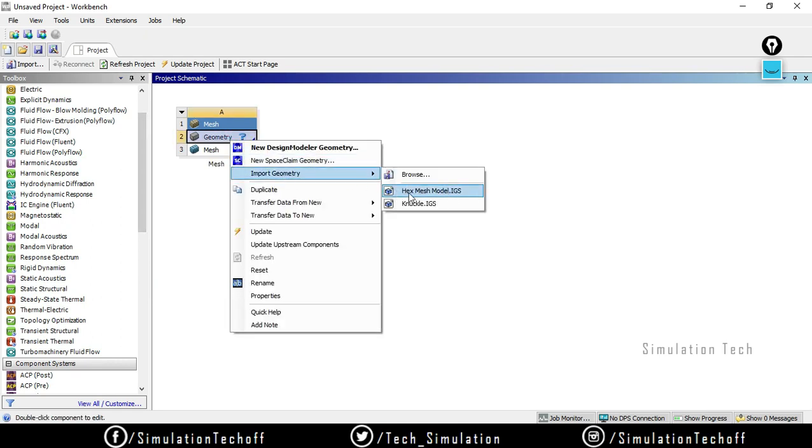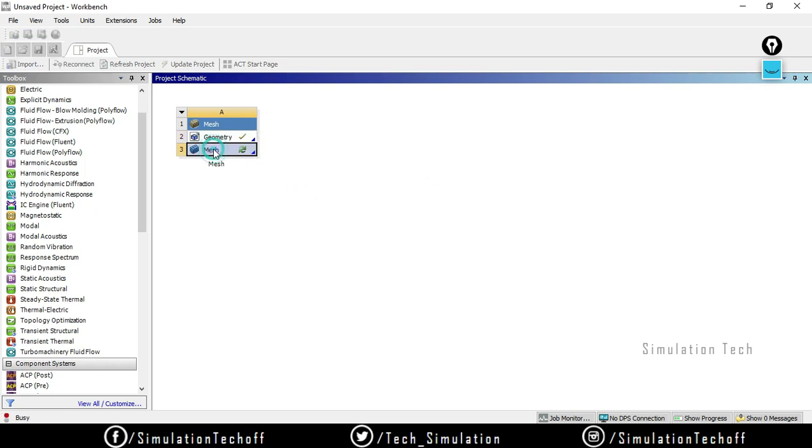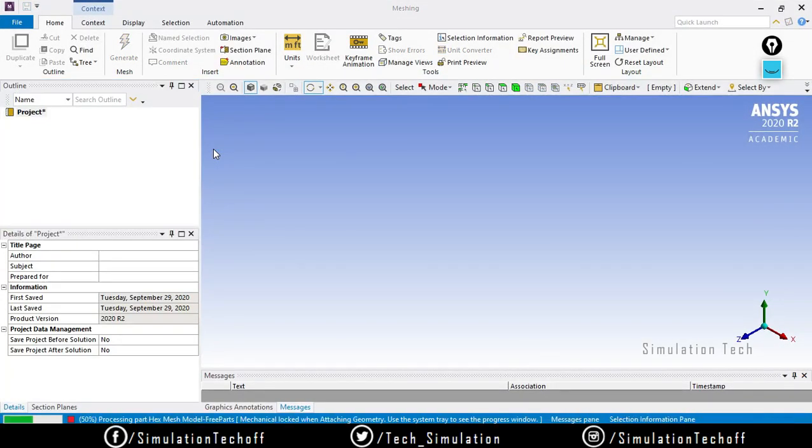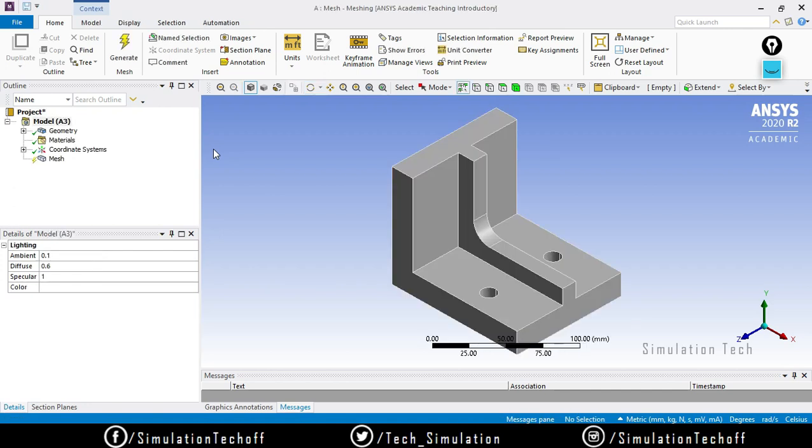This is my hex mesh model, in IGS format, and double click on the mesh environment. Okay, so now my geometry is imported.